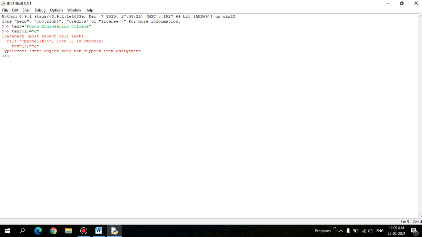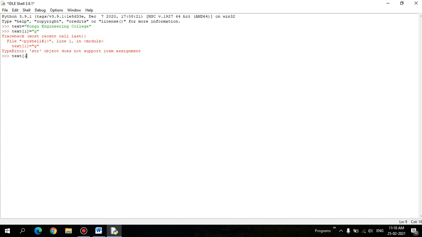And regarding strings, we can perform string slicing. String slicing uses the square bracket operator. So let's check for it. A string can be sliced through the bracket. Look at this: text followed by square bracket, it accepts three arguments. The first argument is the start, the second is the end, separated by colon, and the third one is the incrementation step.